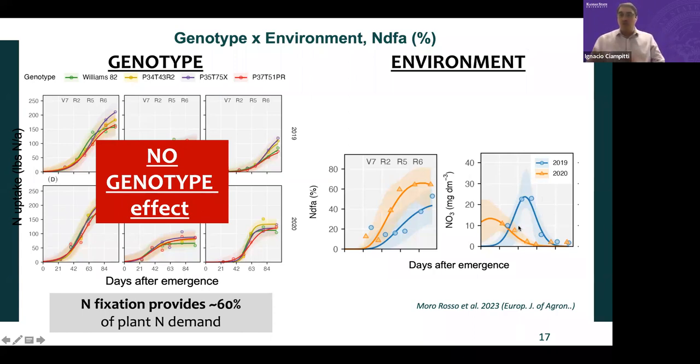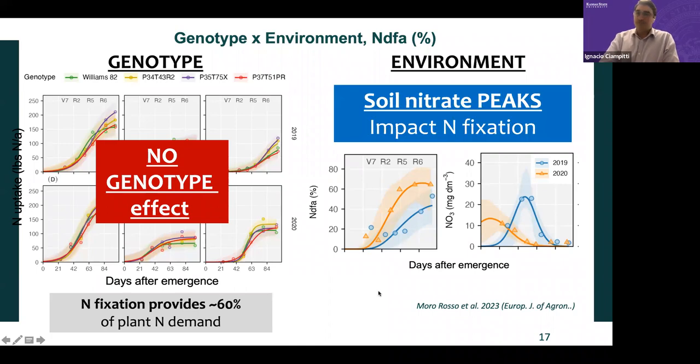So depending on when we have that peak of nitrate mineralization, if it's too early in the season, we start seeing that it delays the contribution of fixation. If it's in the middle of the season, we will see that it still affects the fixation because that level of fixation is not achieving the maximum. So understanding and trying to put some numbers in terms of the impact of soil is one of the big factors that is still quite unknown for the fixation.